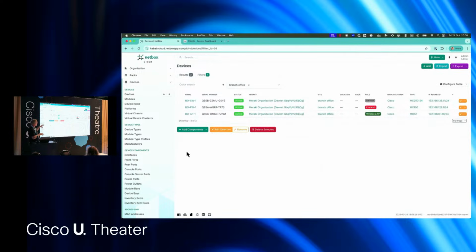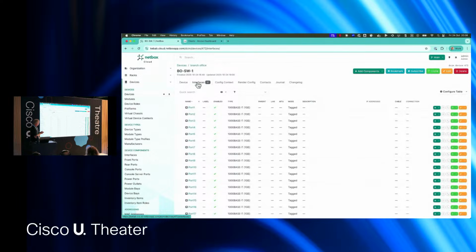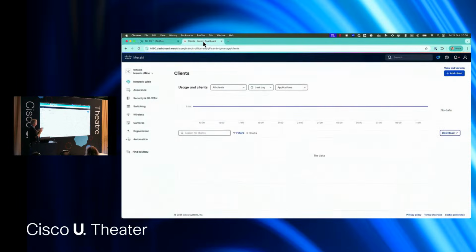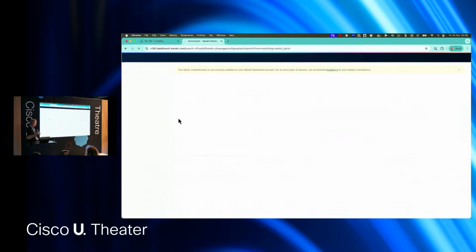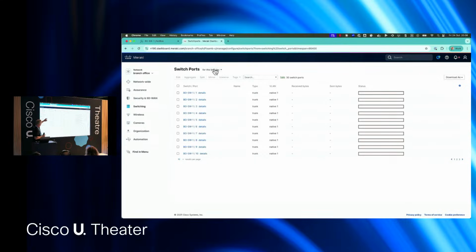Just to show you the data we're working with from a Meraki perspective, you can see we have this switch with a bunch of interfaces. I think we're going to update interface port 2. If we switch back to the Meraki dashboard and find this device, you can see the configuration on this interface at the minute is a trunk port, native VLAN 1. So it's a very simple, out-of-the-box configuration.